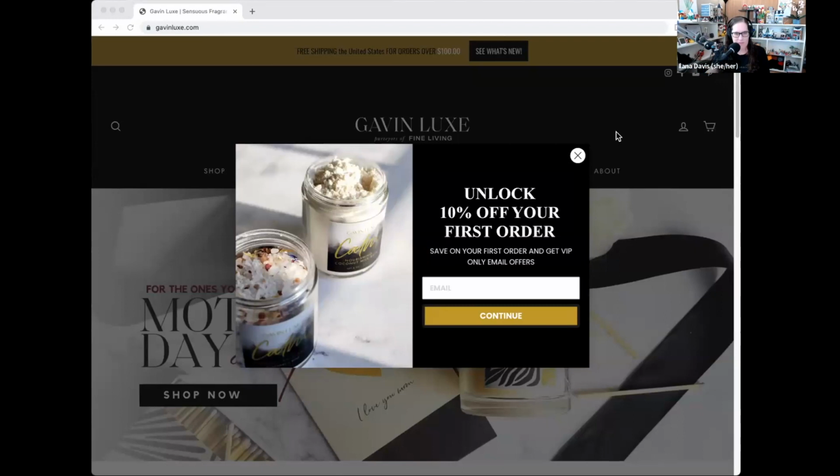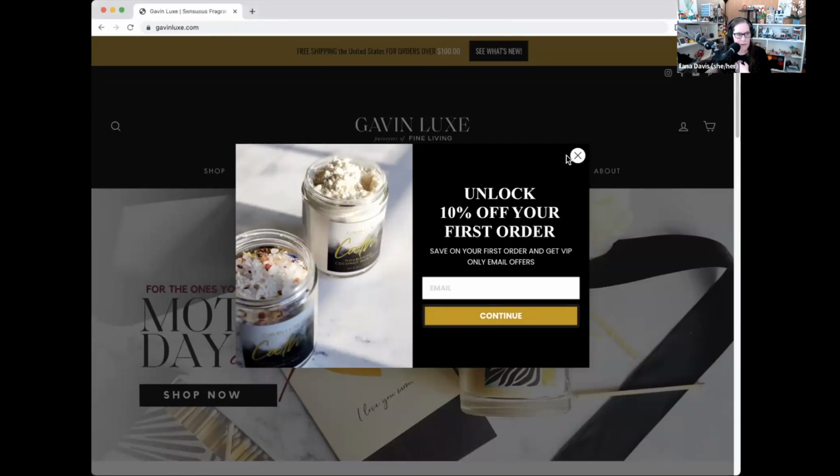I agree. As a customer, I don't know if I'm interested yet, so I always close it. But then if I find out I'm interested, I'm like, well, how do I go and get that back? And sometimes that's hard to do as well. And in all fairness, I think I sat here for 10 or 15 seconds before it popped up. So there was definitely a delay, but it should have been probably longer. I also do the same thing. I typically wait for multiple pages or at least halfway down the page. My actual preference, if I have the option to do so, is on exit. That's typically when I prefer to do it.